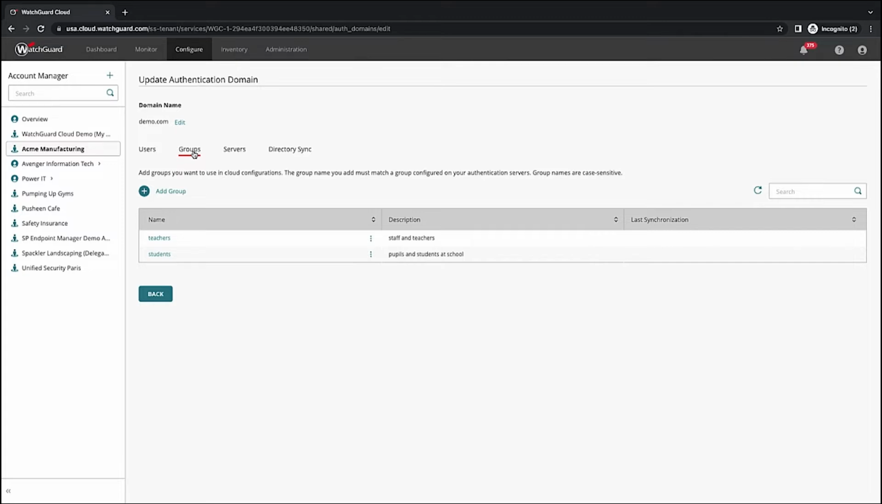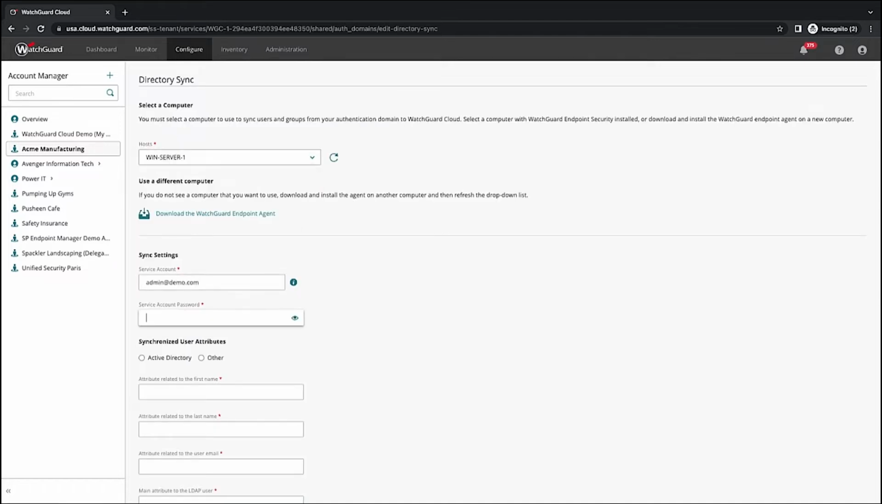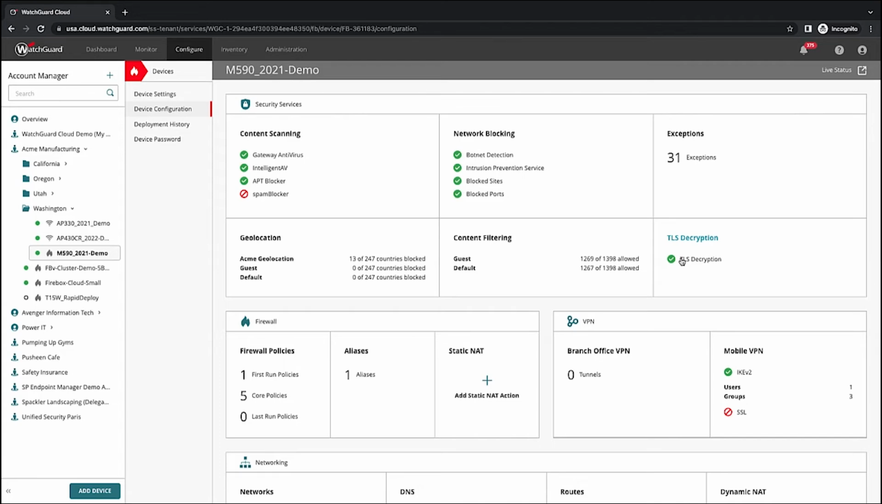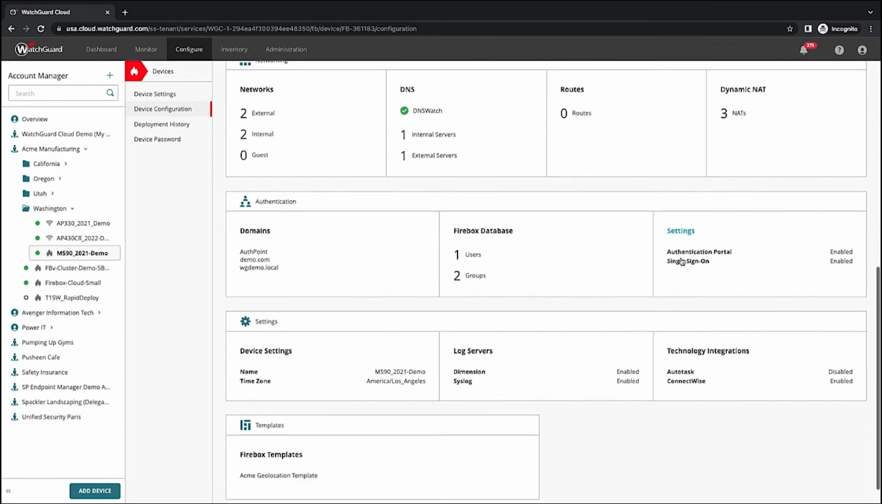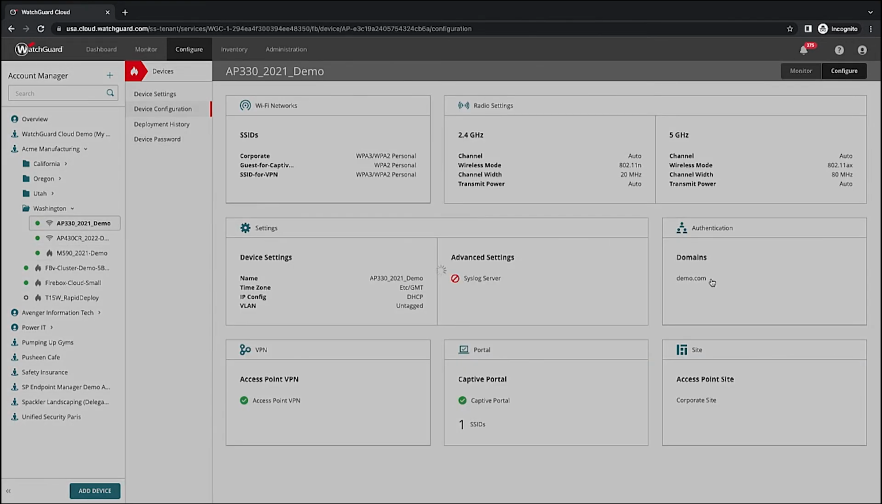Domains can be set up with either Radius or Active Directory servers, and new in 2022, we've added the ability to sync up directly with an Active Directory server. User and group information will sync from a local agent with the cloud at an interval that you specify. The defined authentication domain is now available for use in both the next generation firewall and also wireless access